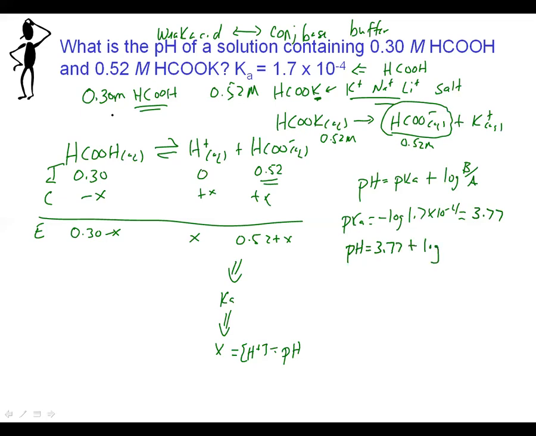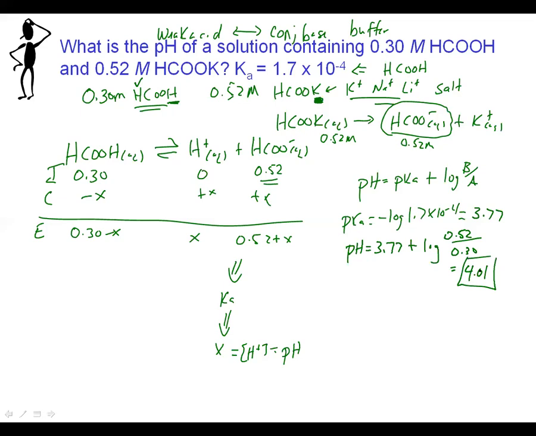Again, this is our acid. It's got the extra H. This is our base. It's missing an H, which is a good way to remember that. So the base should go on top and the acid should go on the bottom there. And I believe we will end up with 4.01 in terms of our